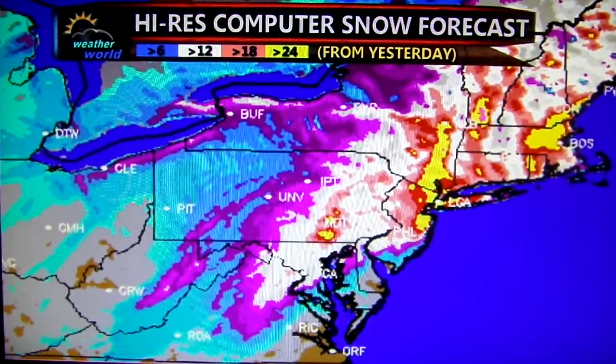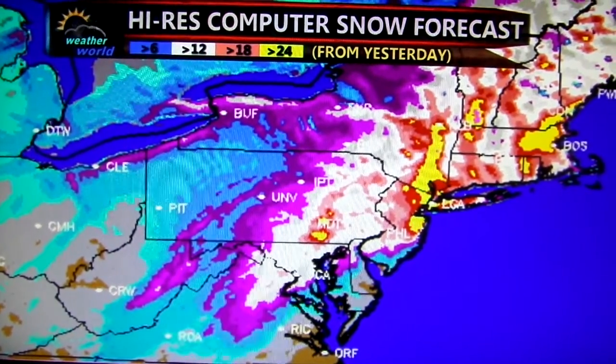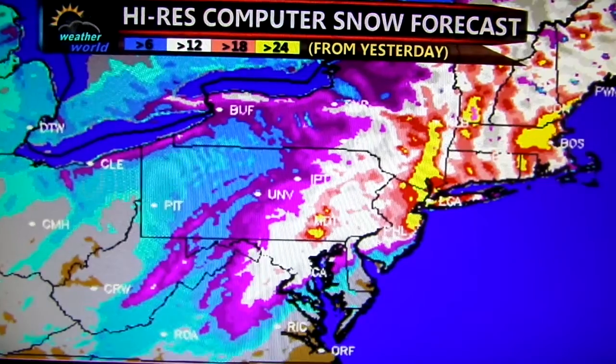Wouldn't you agree? Fred, I couldn't agree more, because the problem is that as good as we have gotten in terms of our understanding of the Earth atmosphere system and how it all plays together, we still have not gotten to the point yet where we have the precision and the resolution to be able to accurately forecast to the inch how much snow is going to fall in your backyard or my backyard. So focusing on a single number puts you in a situation where you're putting too much confidence potentially in the wrong place. So what I'd like to do is actually focus on the patterns you see.